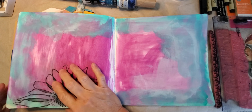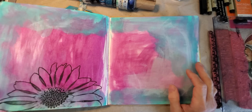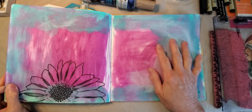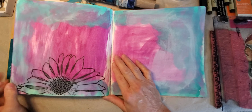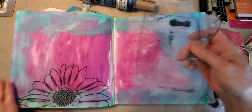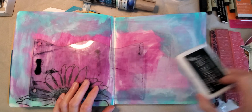And today I'm in my antiquarian book again, and here's one of the pages that I previously done, like a mop-up page, and then I decided to outline my sunflower and go ahead and put it on this page. So let's get started. I need to grab my ink,